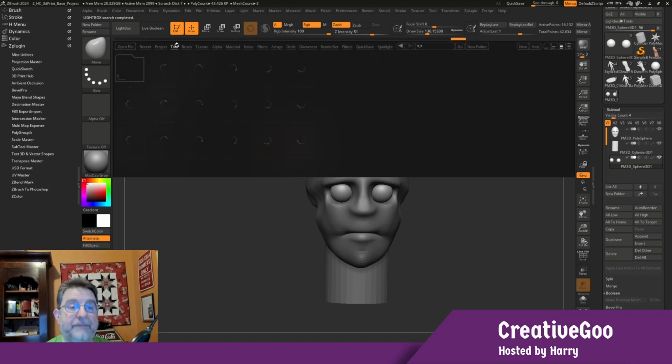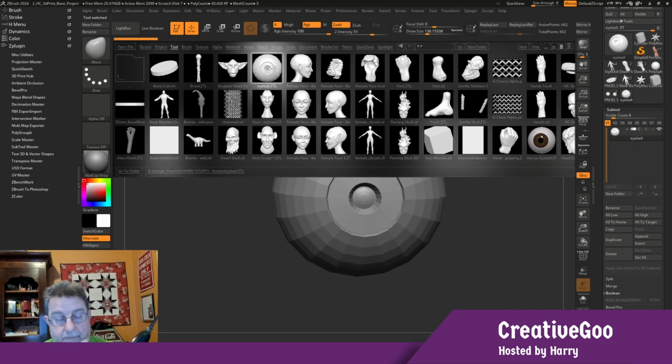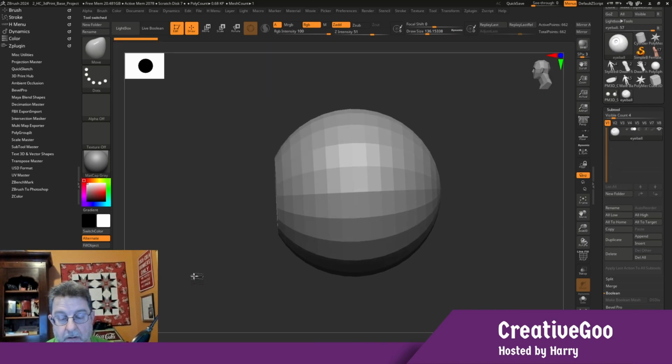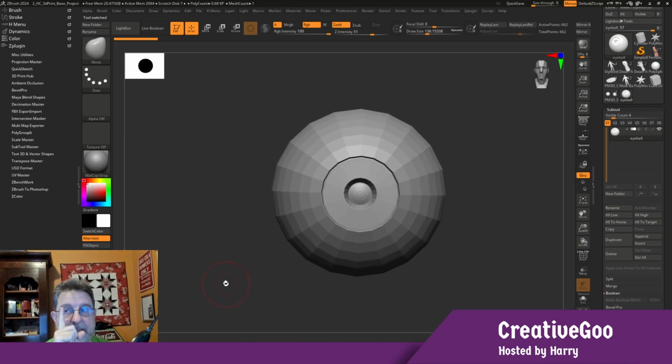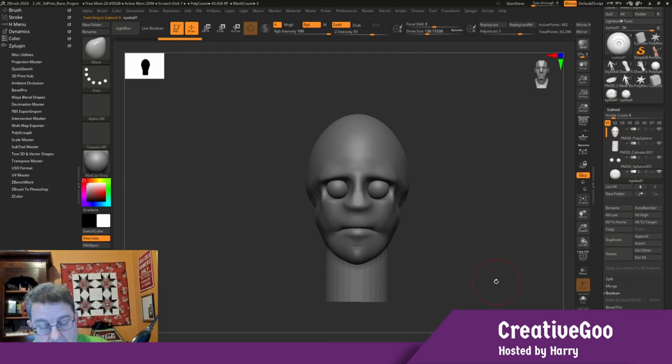But as I mentioned, I've done some sculpting of my own, as you guys probably already know. And so I have some assets that I use. One of them, just really quick, I've made this eyeball that I can use so I can see the center of the, I don't know, is it the iris? Is it the pupil? The pupil, the center of the pupil, so I can do a lot more perfect things. The other thing that's nice is when I render, I can get more shadows in this kind of eye than I can with just a pure sphere. So it can be very helpful. In fact, let me show you the difference if I insert that eyeball